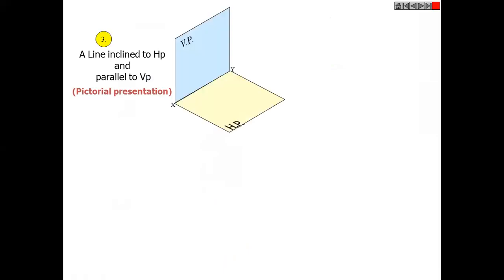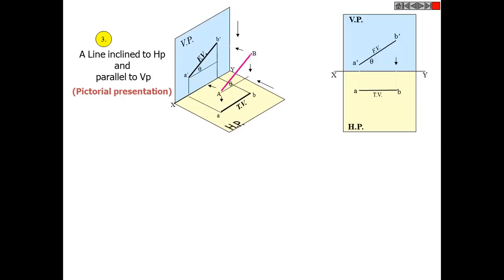Okay. Now a line is inclined to HP and parallel to VP. Now adjust your pencil accordingly. I won't be waiting this time, but you do it by yourself. So inclined to HP but parallel to VP, it will be like this. Understand? Now the front view. It is parallel to VP, so the front view will give us the true length. A dash B dash will give us the true length, whereas the top view is shorter than actual.